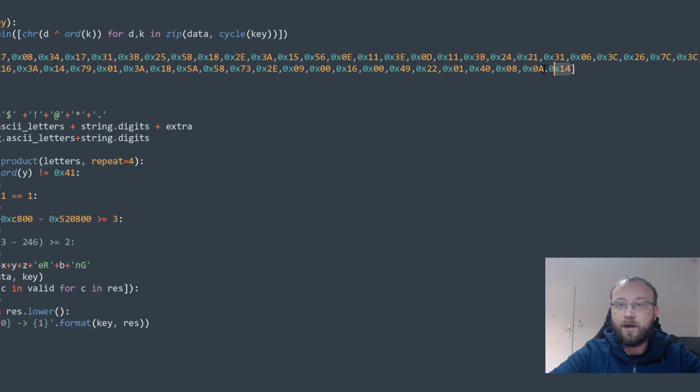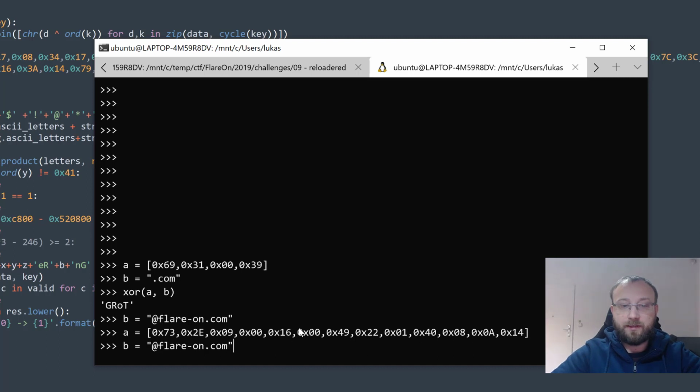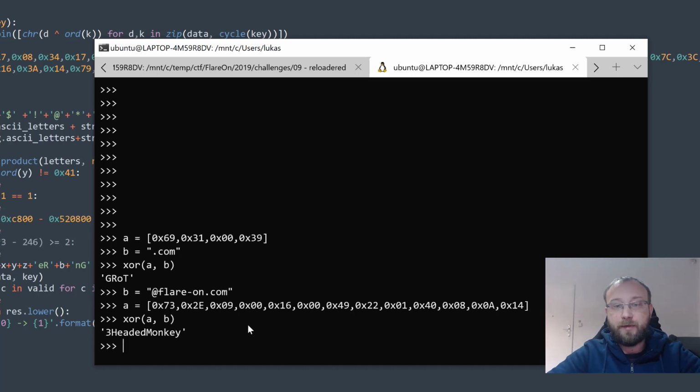So let's take 1, 2, 3, 4, 5, 6, 7, 8, 9, 10, 11, 12, 13. Let's take 13 characters and put them as A in here. Okay, and then we do the XOR